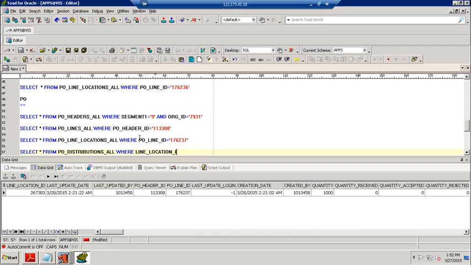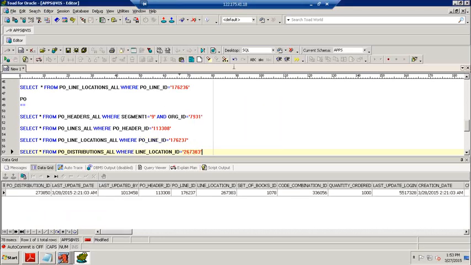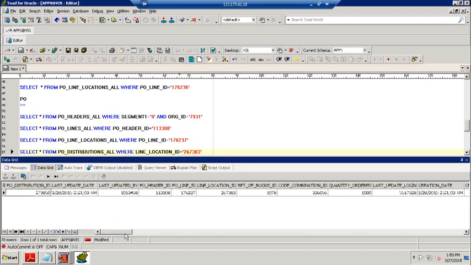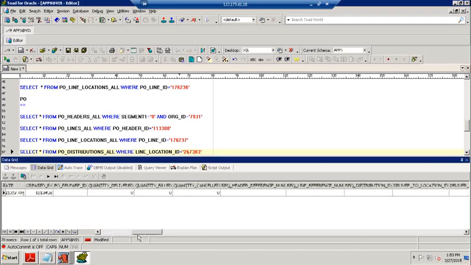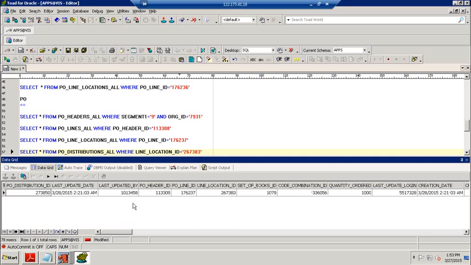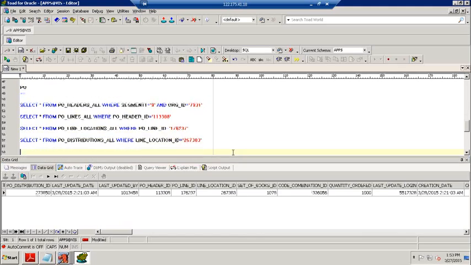So here we should give our respective line location information, right? So now these 3-4 tables are reflected when we create the PO, okay? And also our PO is approved. All of you clear? Then next, what is the next step?